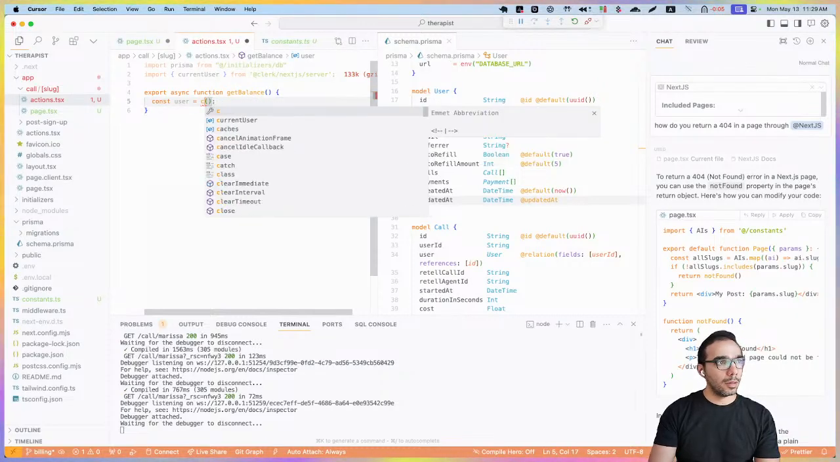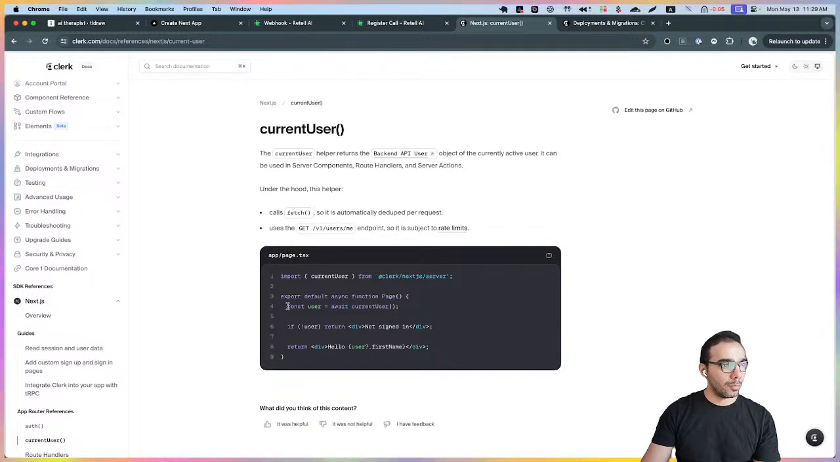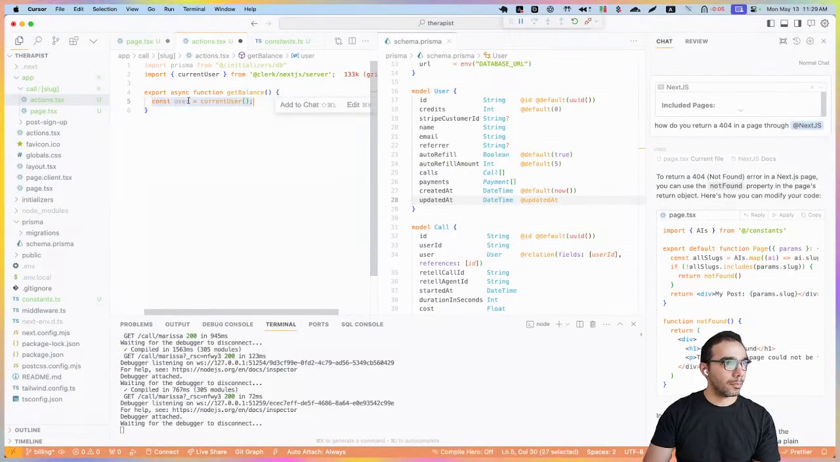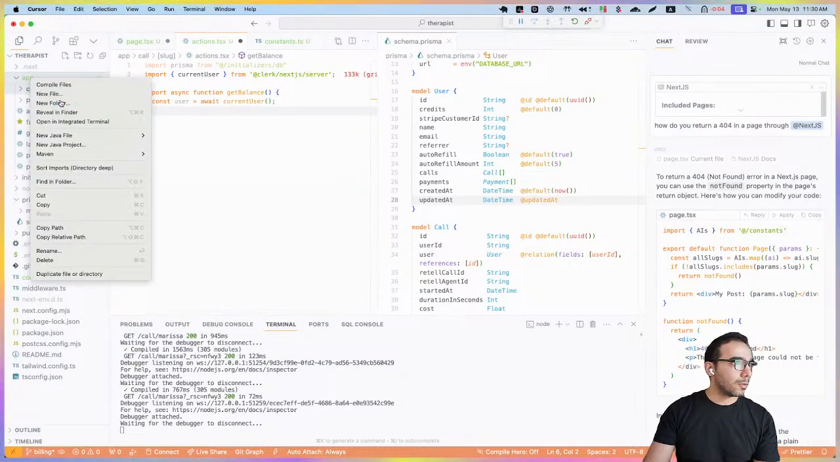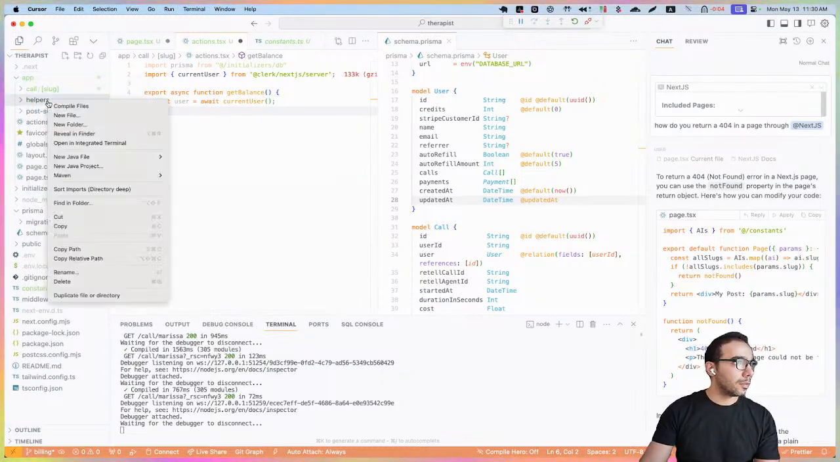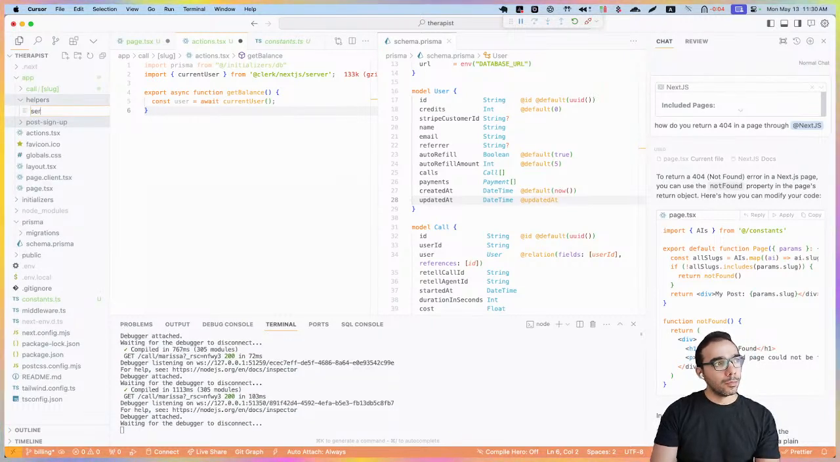Oh, so it's not get current user, it's just current user. Okay. I mean, it'd be helpful if instead of doing this, you could get the actual user model from the. So the way I do this is I would have a helpers file, and then I would have server.ts,